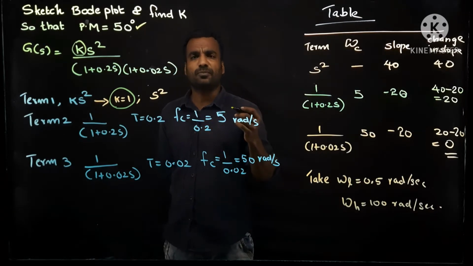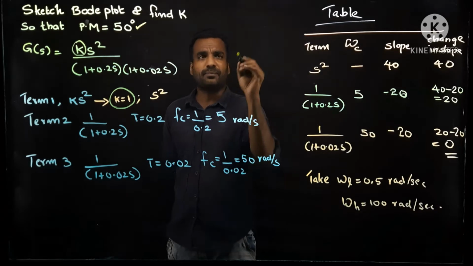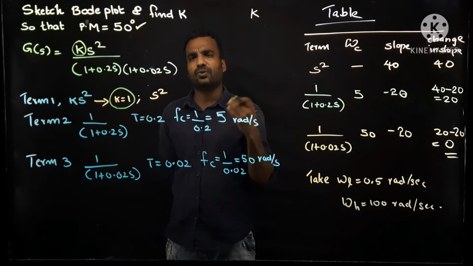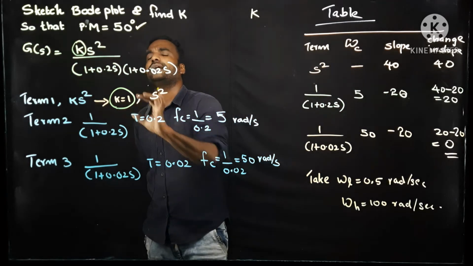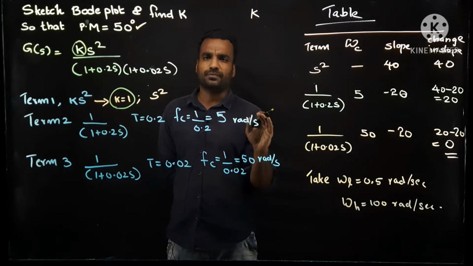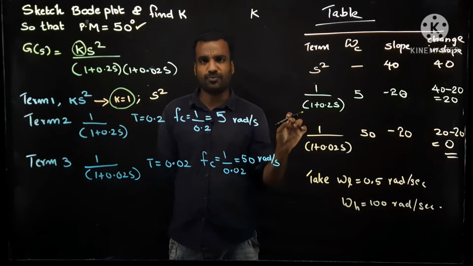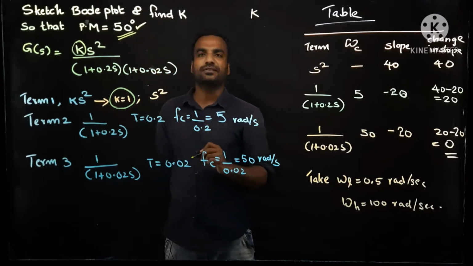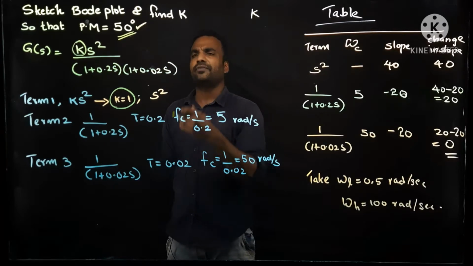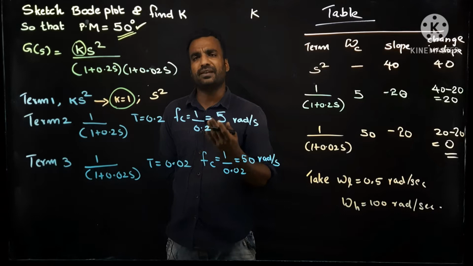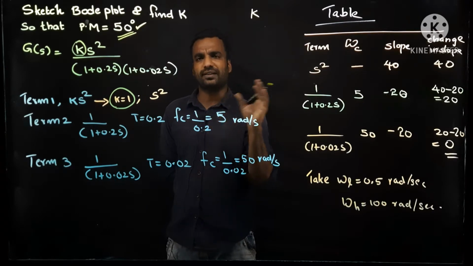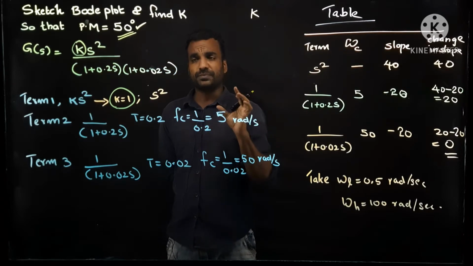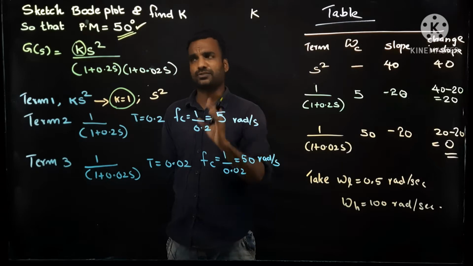We can draw the Bode plot by taking the alphabet k as a constant. How can we find the magnitude of the alphabet? So we have to take some value. Initially we take k equal to 1. Then you draw the Bode plot, and then adjust the Bode plot so as to get the phase margin of 50 degree. This condition may vary. In some questions it may be phase margin, in some it may be gain crossover frequency. You can correlate all these things. Once this problem is clearly understood, then you can correlate the other things also.